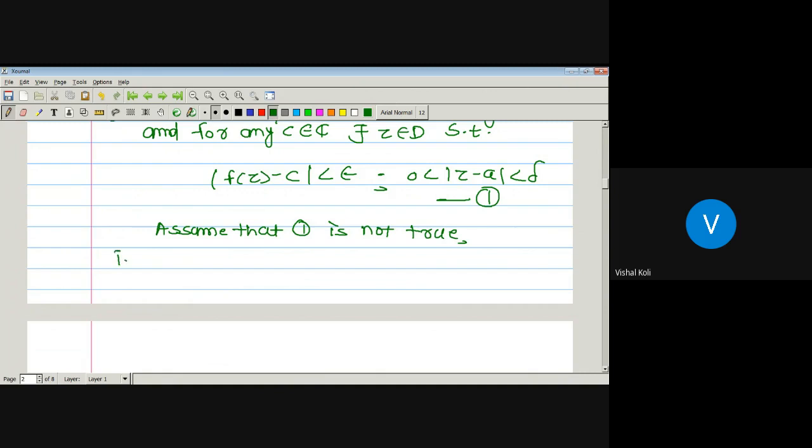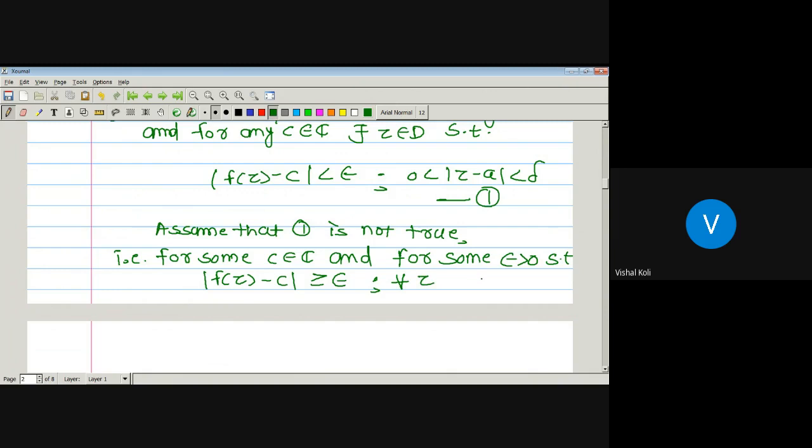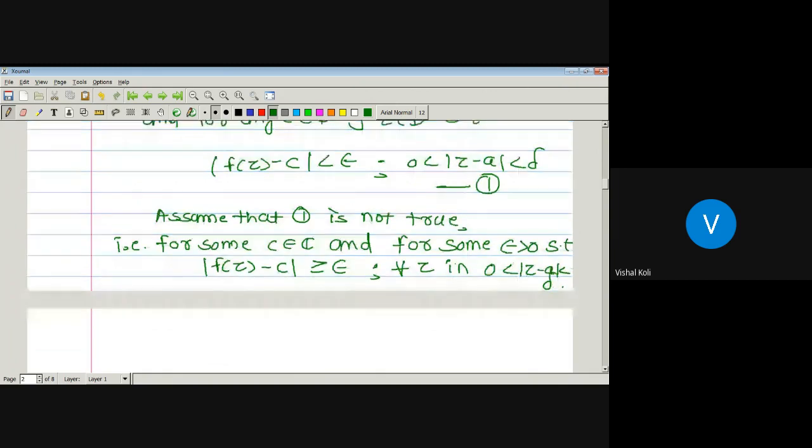That is, for some c belonging to the complex number system C and for some epsilon greater than 0, such that modulus of f(z) minus c is greater than or equal to epsilon for all z belonging to 0 less than modulus of z minus c, which is less than delta. Okay, therefore